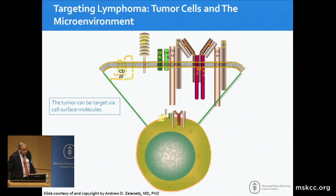So if we want to target the tumor cell, we have lots of options of molecules that are uniquely expressed on B cells. Obviously, the granddaddy of them all is CD20, pretty much put in the genome by God as a tease. Can we find something that will actually revolutionize the treatment of B-cell lymphoma? Because you take CD20 out of a mouse, and it's completely fine. So it's actually a non-essential gene that has fundamentally changed our treatment of disease, but there are lots of other